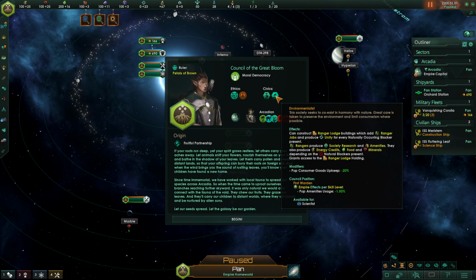As well as giving these raw resources to your empire for having these natural blockers there, which makes you less likely to remove the natural blockers. Of course, it grants access to the Ranger Lodge holding. It also produces consumer goods upkeep of -20%, and the empire effects per skill level of amenity usage goes down by 1.5%. So we need fewer amenities because of the first warden, and our consumer goods are less